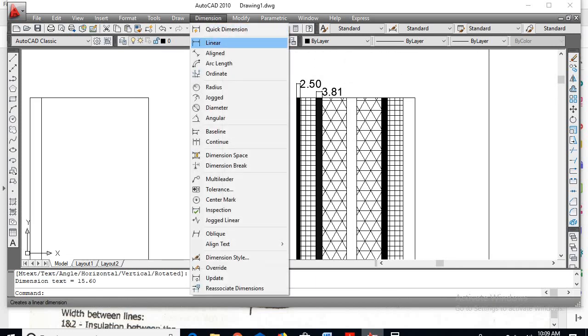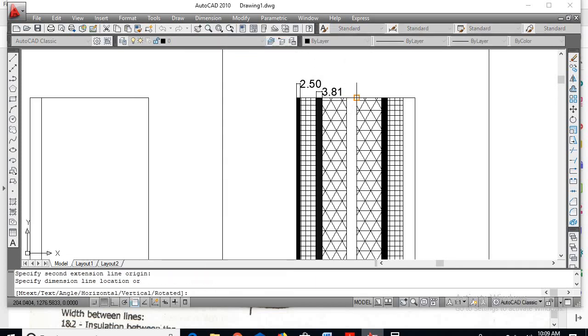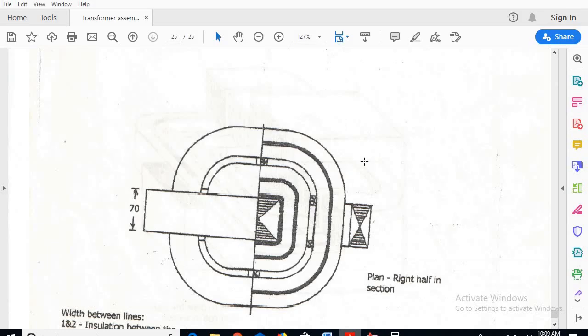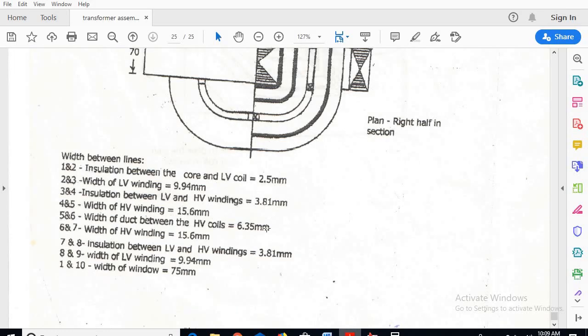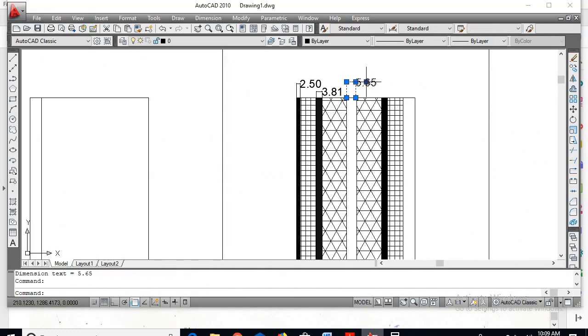Next, duct space is 5.65. So that's the duct space. Sorry, it must be 6.35. Okay. Modify linear.